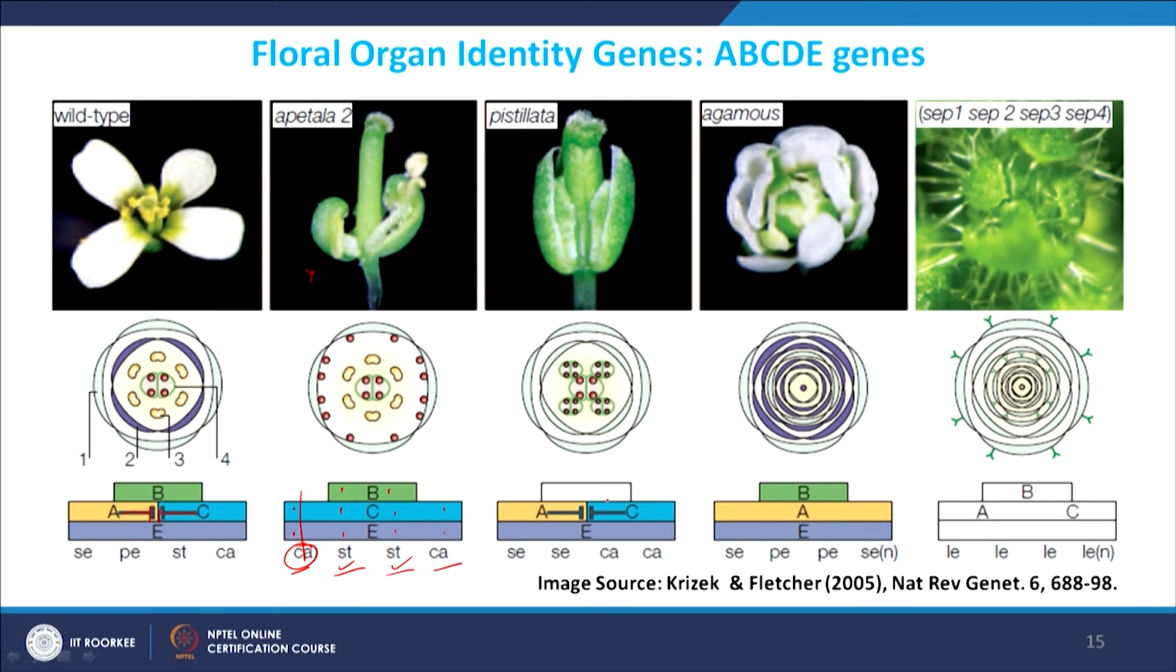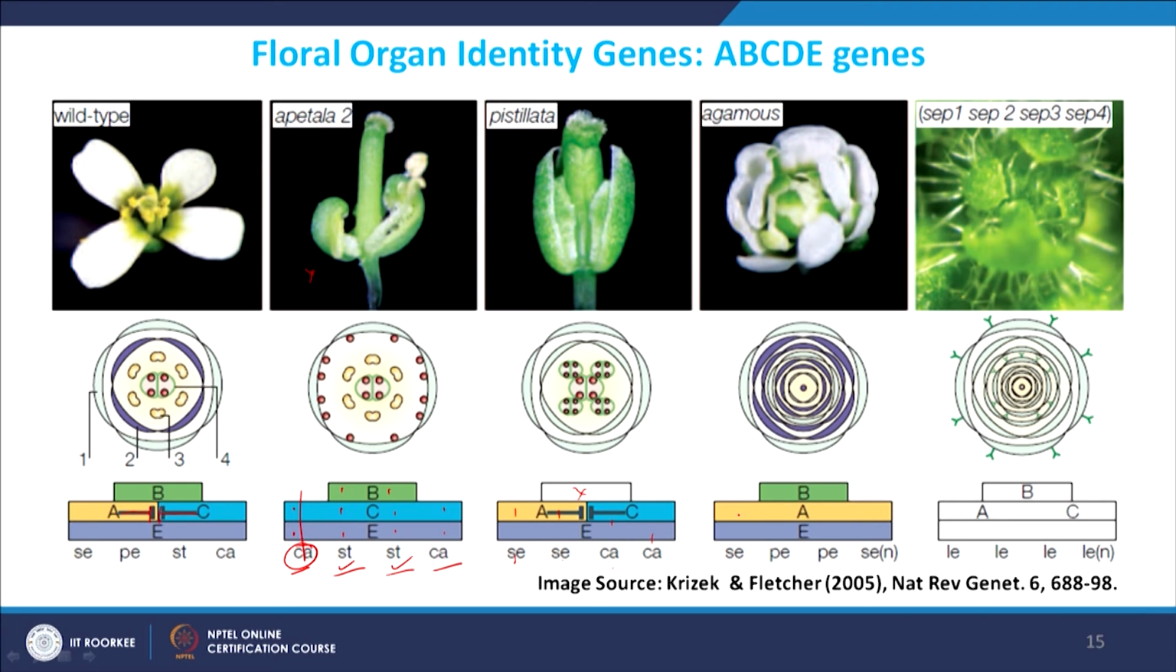Similarly, if you do not have B class gene, then you are going to have sepal here, carpel, carpel. This you can see here, you have the 2 whorls of the sepal and then 2 whorls of the carpel. Third important thing, if you have C class mutant gene, what happens is that A class gene will now